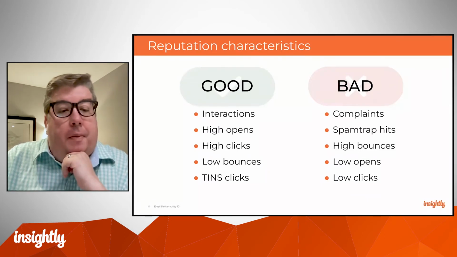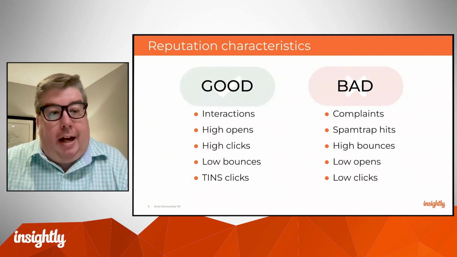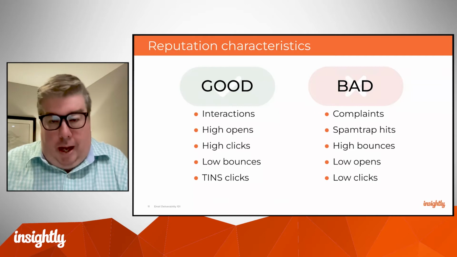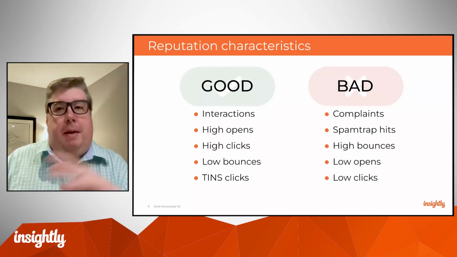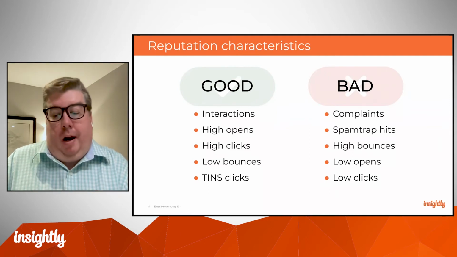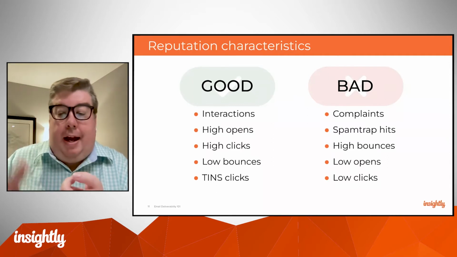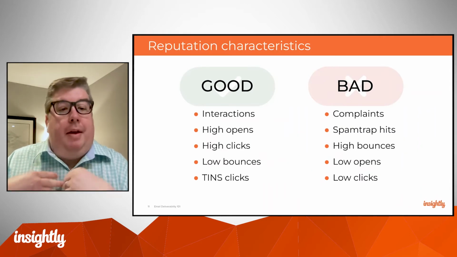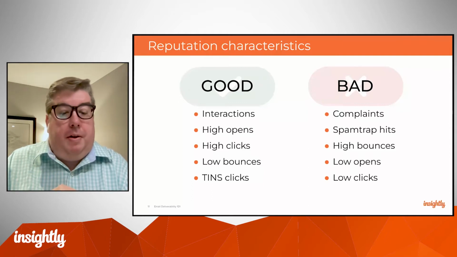From the good side, it's all about sending engaging mail that people want, that they interact with. It's very likely that an ISP is going to recognize that and put that mail in the inbox. That is the core. Spam filtering is a big black box with a whole bunch of moving parts in that engine. But if there's one bullet point there that improves the ability to get to the inbox, what drives that is high engagement. So high opens, high clicks, high interactions, desirable interactions with that mail. That's what labels you as a good sender.